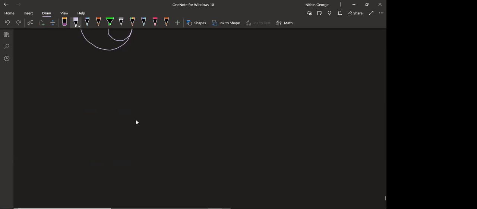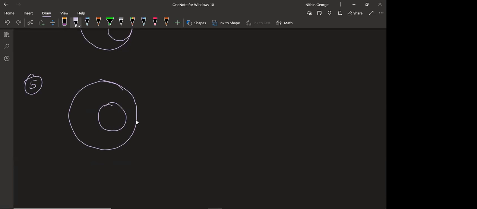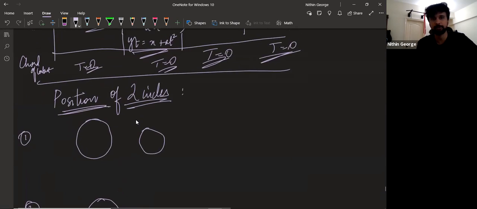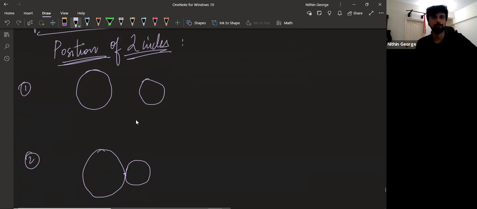Fourth part is here. Now fifth part is where the second circle is completely inside the first circle. These are the different cases. Here you can notice that there are no intersection points. Imagine the first circle has center C1, and the second has center C2, with the radii being R1 and R2. Okay, this much is enough. So there are no points of intersection.